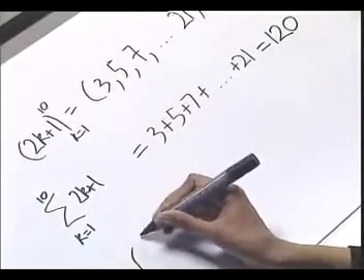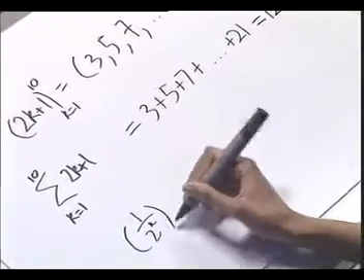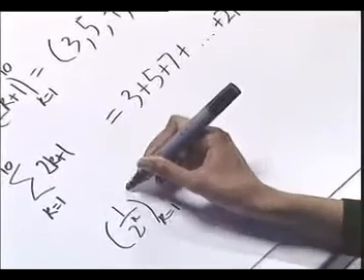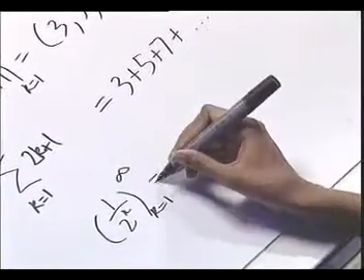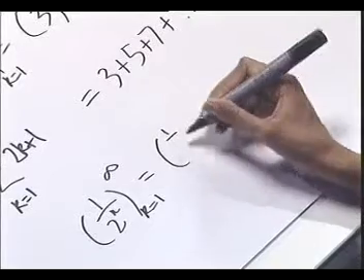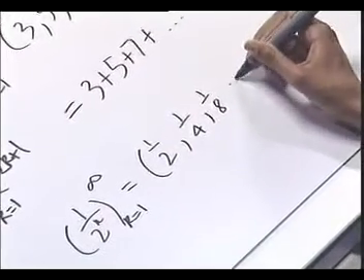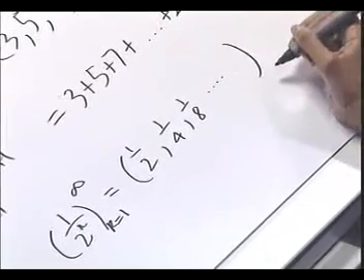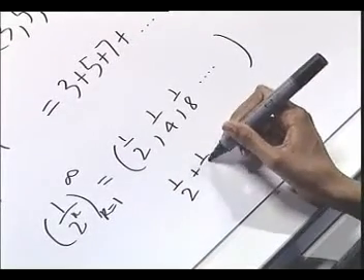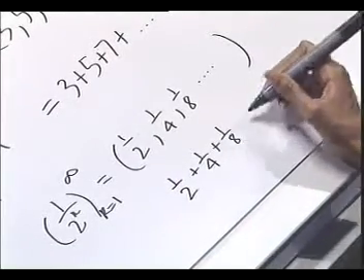An infinite series is the sum of all the terms of an infinite sequence. So I'll give you an example of an infinite sequence here. We could have 1 over 2 to the k, from k equals 1 to infinity. And that is a half, a quarter, an eighth, and so on. So the series that goes with this sequence would be a half, plus a quarter, plus an eighth, and so